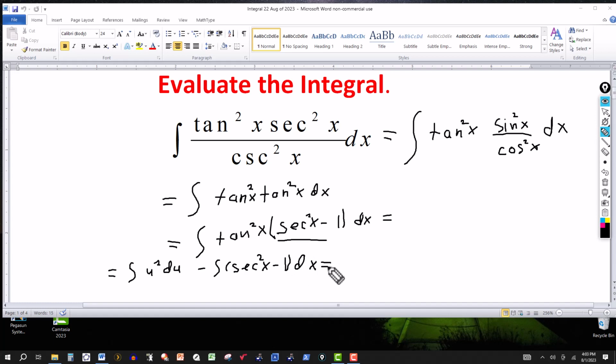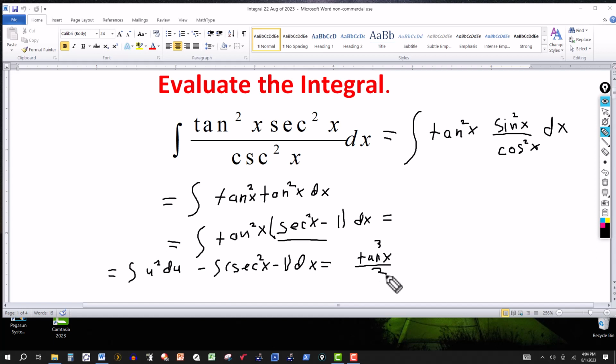So this will equal, over here in the first integral we integrate with respect to u, so this will be u to the third, add 1 to the 2, becomes a 3, and then divide by 3, so this will be u to the third over 3. But u, remember, was tangent of x. So this will be tangent of x to the third power. I'll put the 3 here,